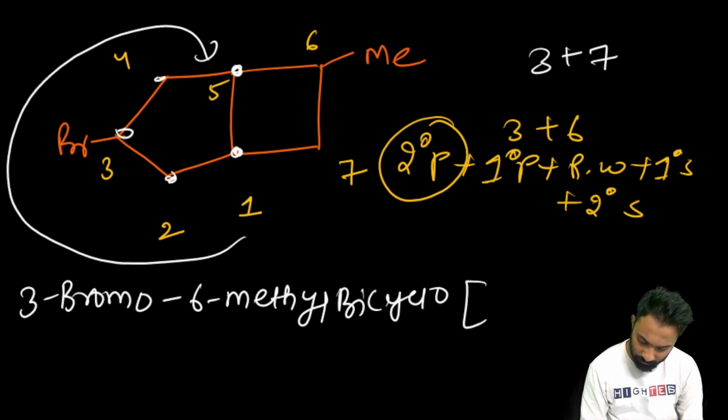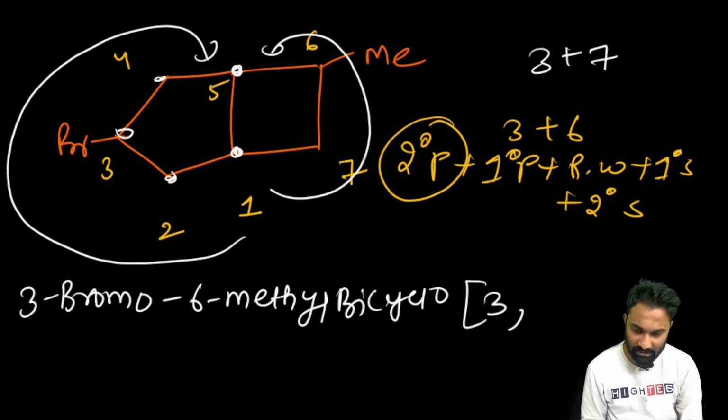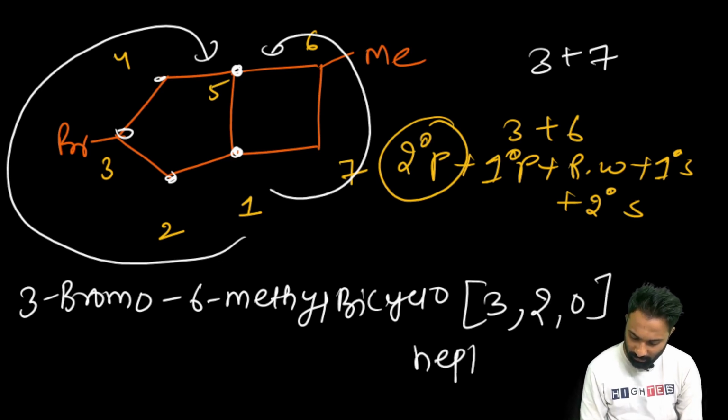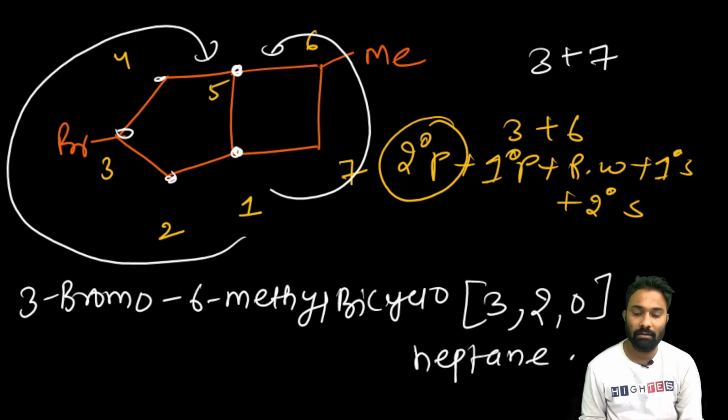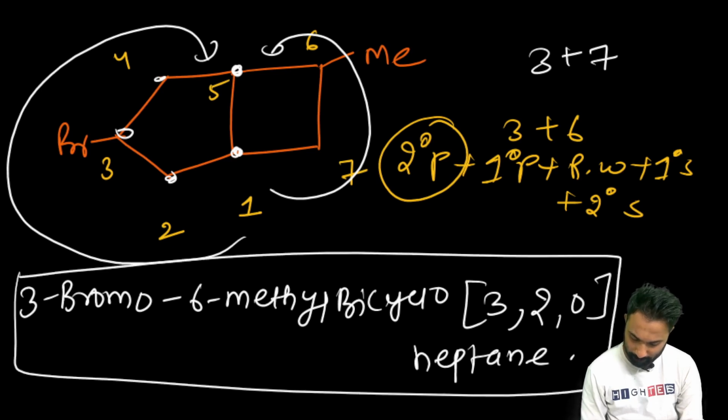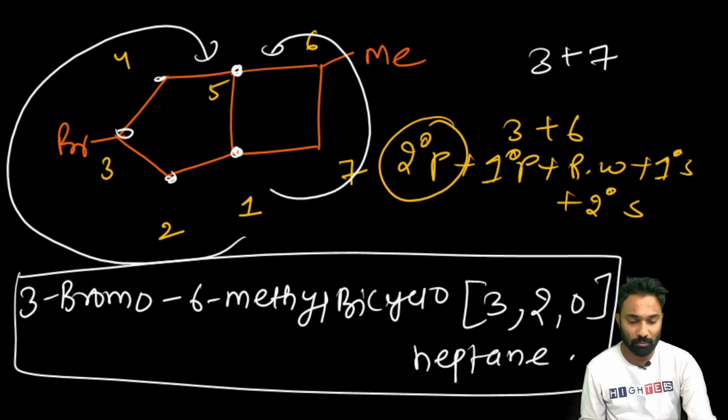1, 2, 3. 3 comma. Now this is the longest carbon path. This is the next moderate carbon path. This is 2, right? 3 comma 2 comma 0. Heptane. Clear? 3-bromo, 6-methyl, bicyclo[3.2.0]heptane. Done. Now this is the compound name. Done. Now next, suppose